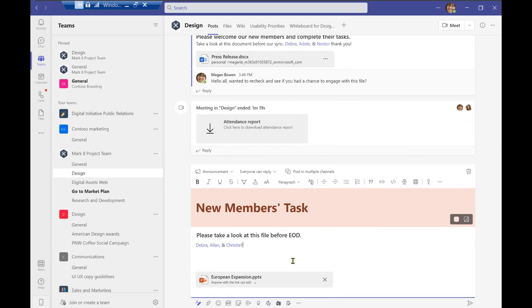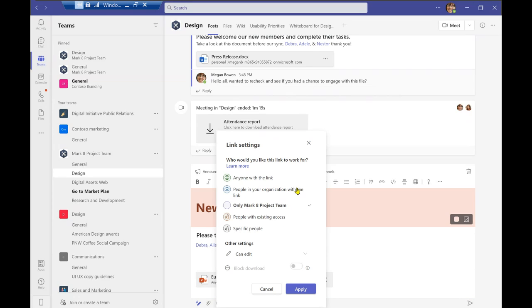So one thing that I did want to review, as it didn't appear over there before, are some link settings. So under the title of the document, as you can see over here, under there, it says in a very small font, anyone with the link can edit. If you go ahead and select this, another window will appear with some link settings. Now, you can have the option to go ahead and share the document with anyone if you want the link settings for anyone with the link to access the document, or specifically people in your organization with the link, or only the Markgate project team, which is what I'm going to be sticking specifically to, just because this is a document that's only relevant to the Markgate project team.